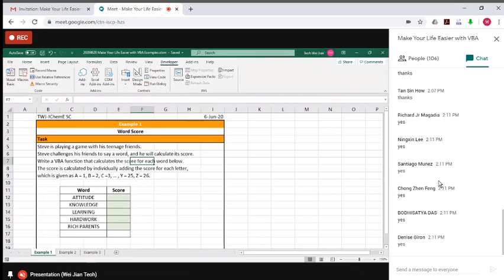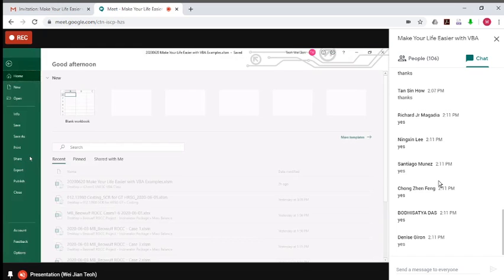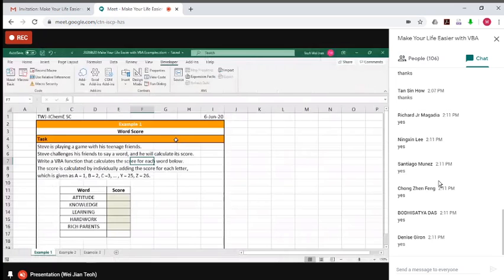If you are using a different version of Excel, it will be slightly different, but I'm sure you can find it. It's in File, Options. If you have any trouble opening the Developer tab, you can type in your chat box and someone might assist you. Alright. If you managed to, let's go ahead and click on the Visual